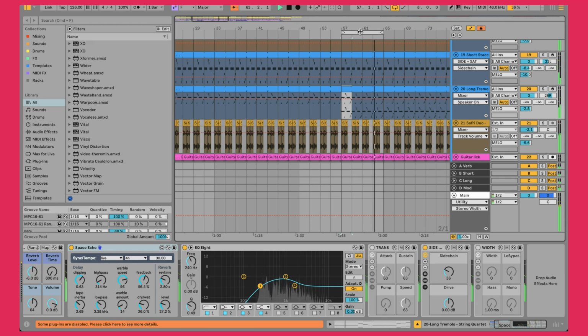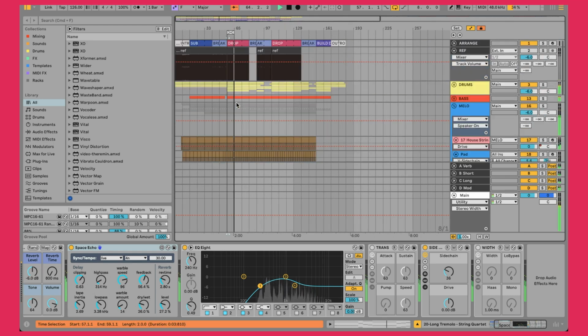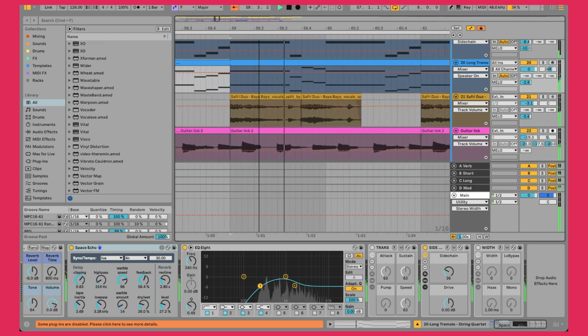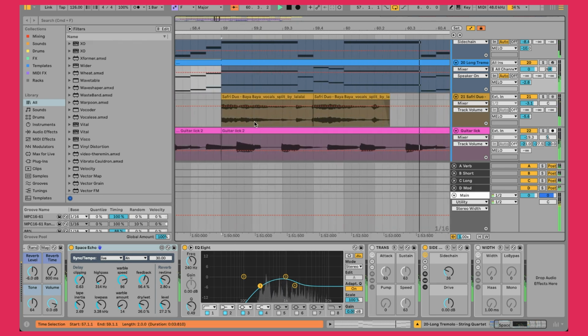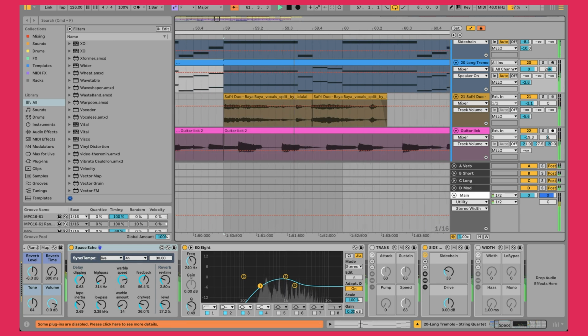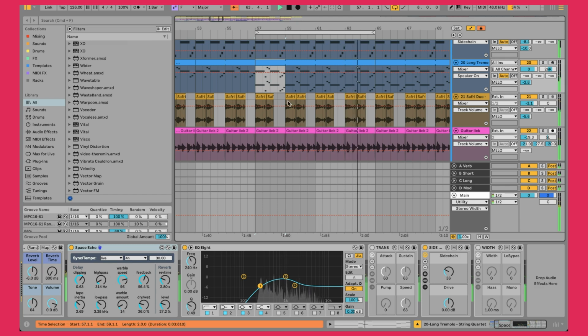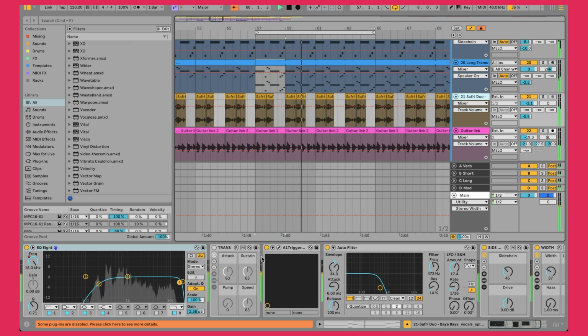So where this came from is when I was trying to figure out how to turn this track into something that I can make as a remix. I found this track called Safra Duo, and then I used AI to split it out. I was gonna try to make a remix for this tune, but it didn't really pan out. I ended up just using it as a cool little layer that adds a funky vibe. So I chopped up the parts that I liked, and removed some of the lows,